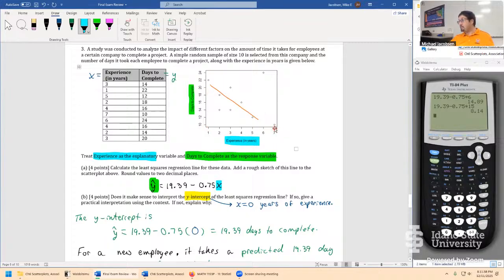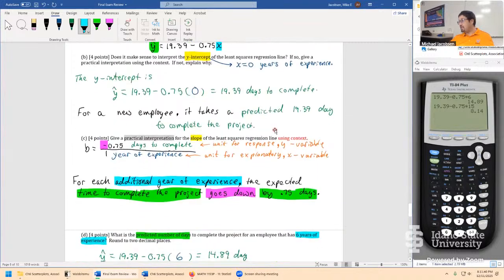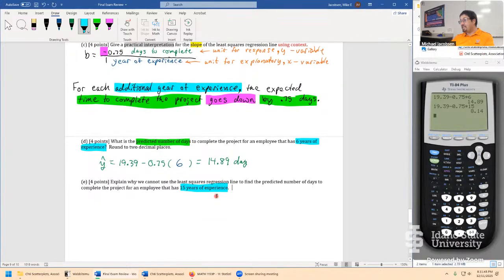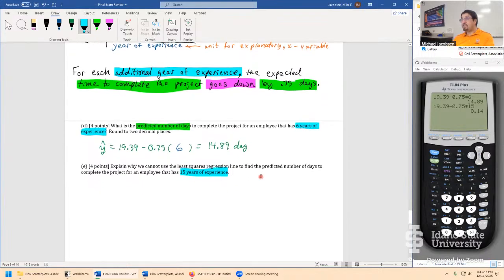But if we're more than double the highest value of the data set, and there are good rules of thumb for this, it'll be blatantly obvious, like in this case, 15 years is just way outside the range of data. So we can say, just as a quick wrap up,